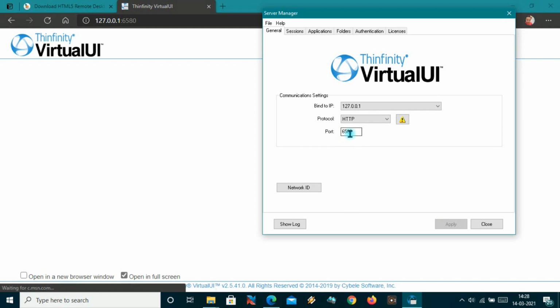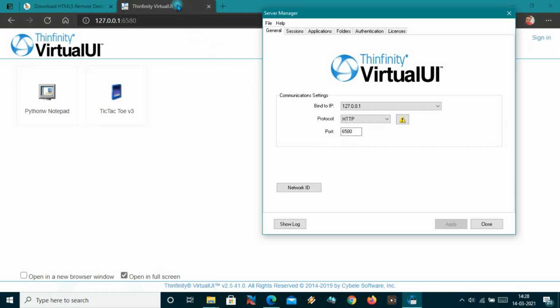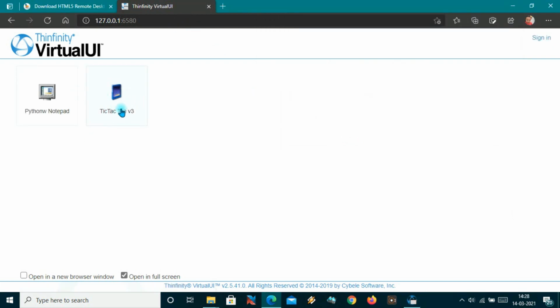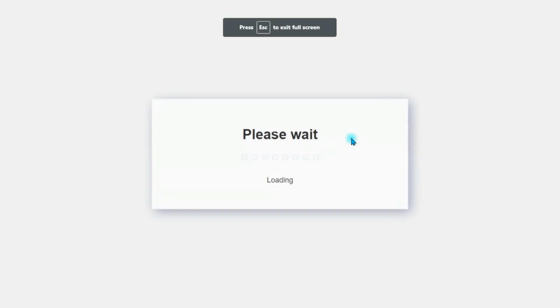Okay, as you can see it is on port 6580. So I will add it here, and as you can see guys, it has been shown in my browser, and let me open in full screen. Okay, just click it here, open in full screen. So just wait for a moment and it will be loaded.